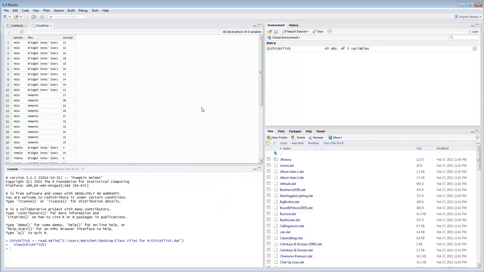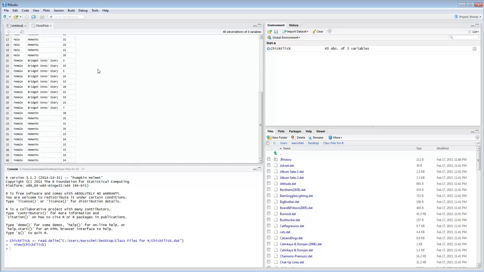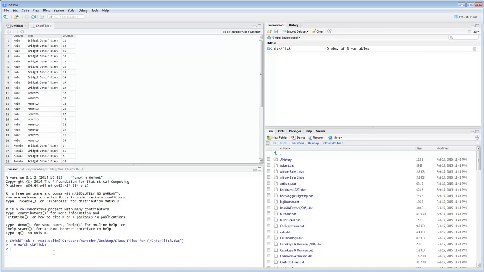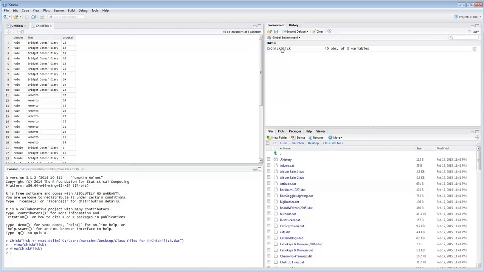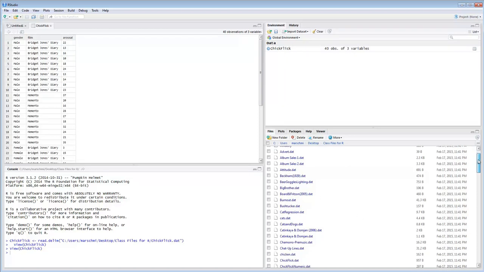Let's see what happens. On my script window, I can actually see that the data has imported. I can look at the data, which is very nice. On the console, I can see the command or the coding that occurred by simply clicking and importing that data. And on the upper right-hand side, I can see the history of what has just occurred. I have brought in this information, chick flick, and the environment also shows that I have active data file chick flick. And still, this bottom page right here has all the files that I'm using for this class,